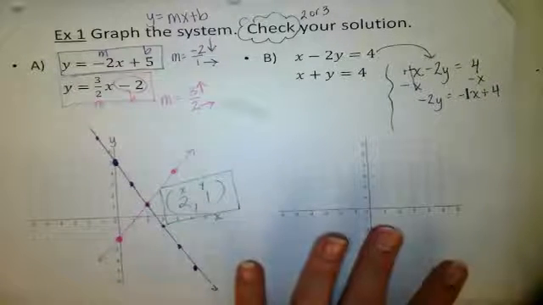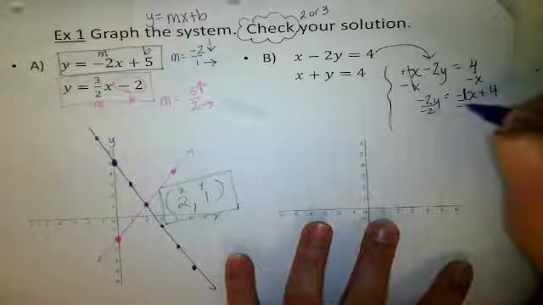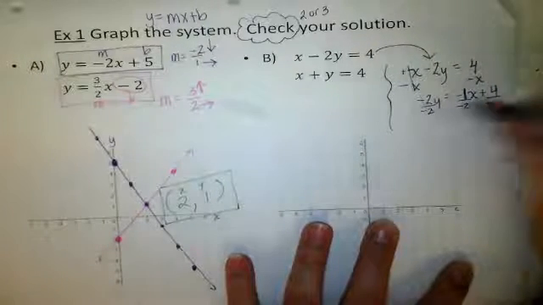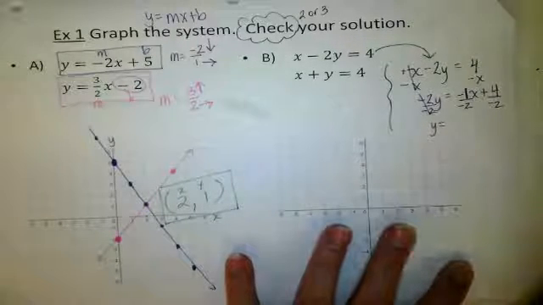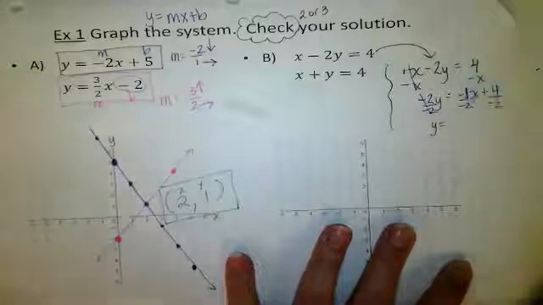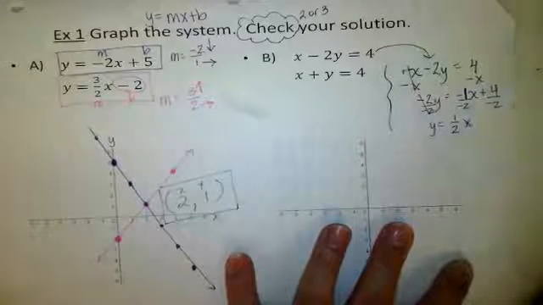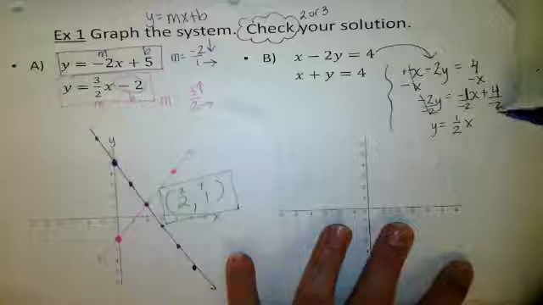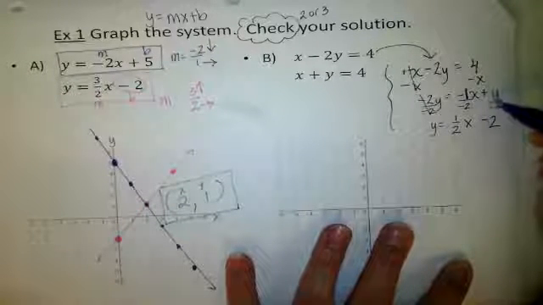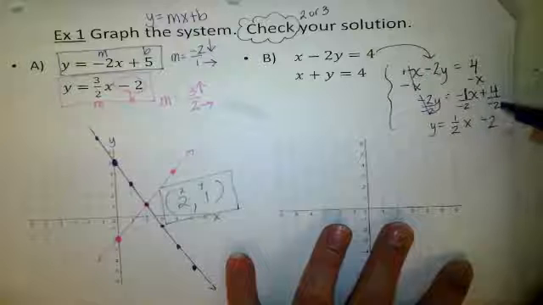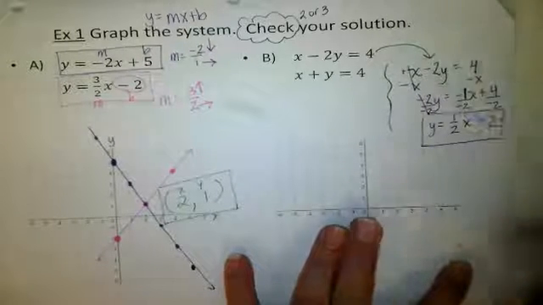And then how do we get y by itself? Divide by negative 2, divide by negative 2, divide by negative 2. I hope you're showing these steps because you'll have to do it. What is a negative divided by a negative? Positive result. So that's going to be a positive 1/2. 4 divided by negative 2, a negative 2. Positive divided by negative is negative. 4 divided by 2 is 2. So here is our equation in slope-intercept form,